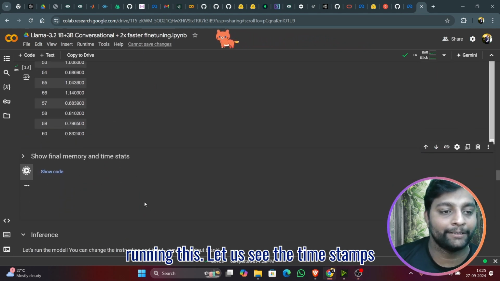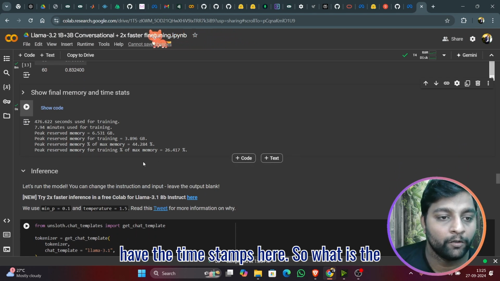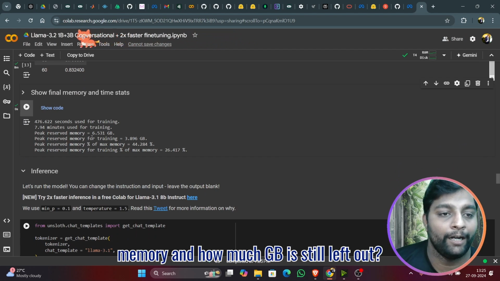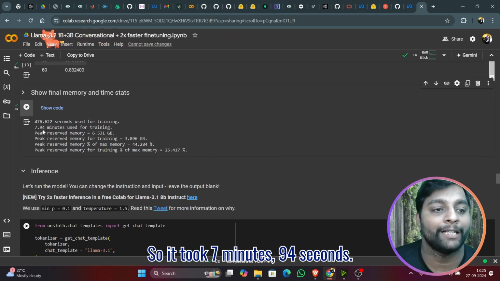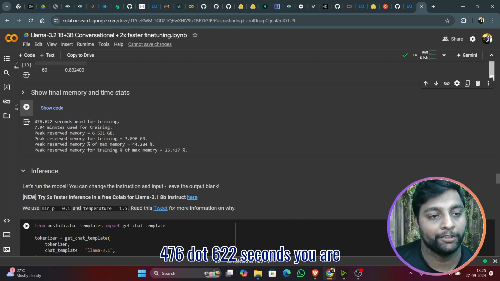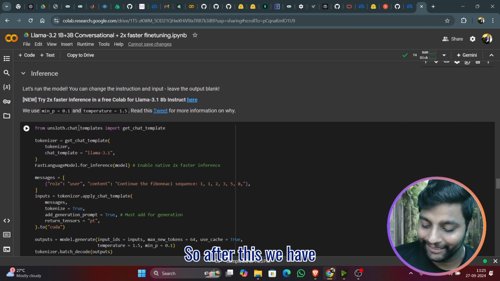Let us see the timestamps and everything. You can see you still have the timestamps here. So what is the max memory usage, the reserved memory, and how much GB is still left. It took 7 minutes, 94 seconds. Okay. And 476.622 seconds were used for training. Okay. So it's interesting, right? So after this, we have